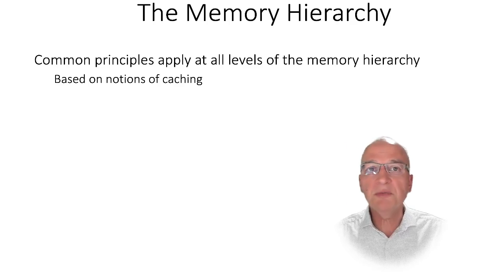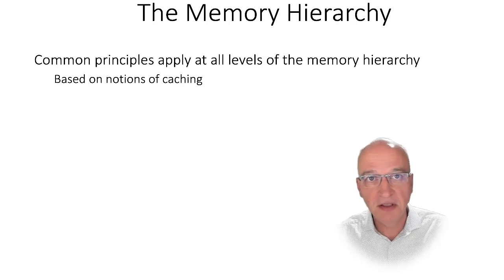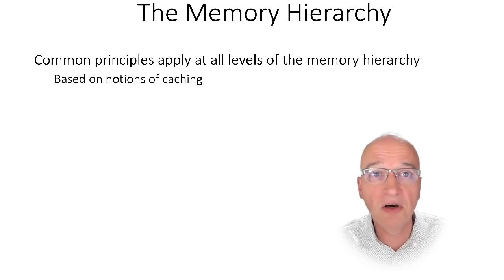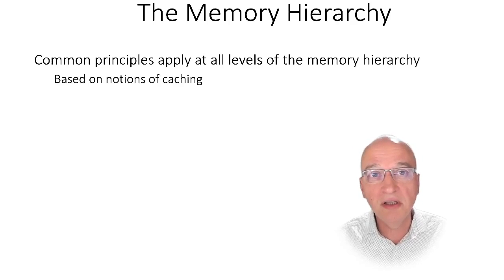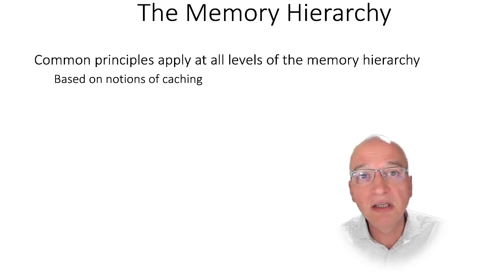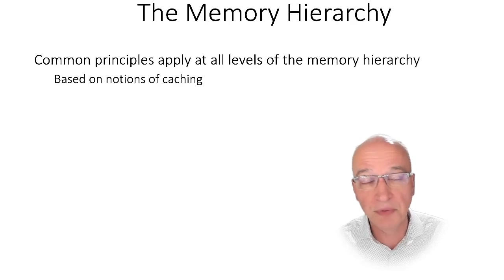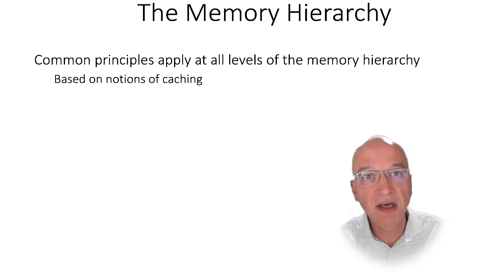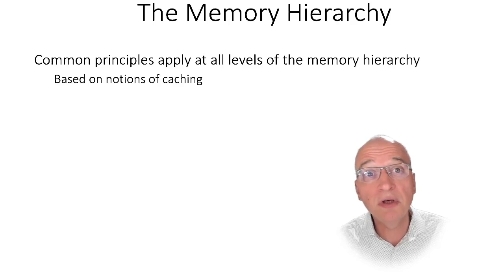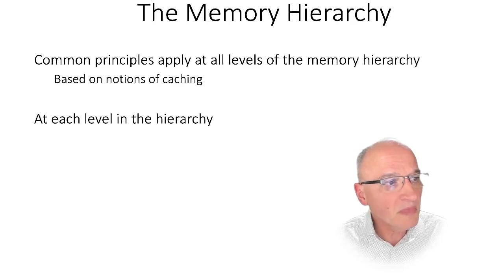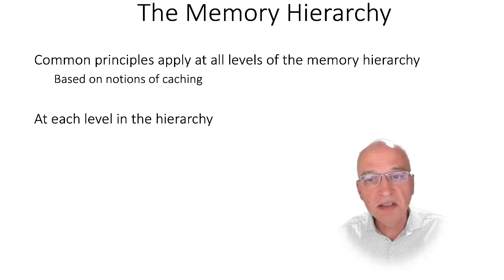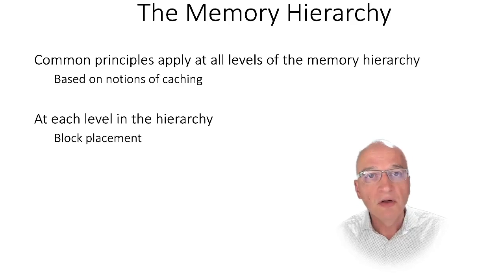And all these principles are based on the notion of caching. And the notion of caching is something that we use in our everyday life all the time. We store things near to us that we're going to need to use again in the future. And that is a human nature to do this kind of caching. And many animals do caching as well. But in computer systems, at each level in the hierarchy, we have the issues to solve, that is the block